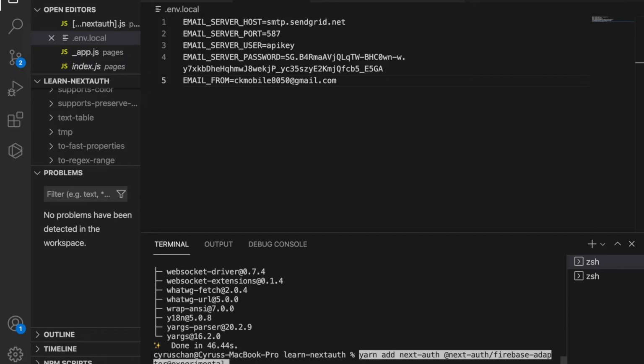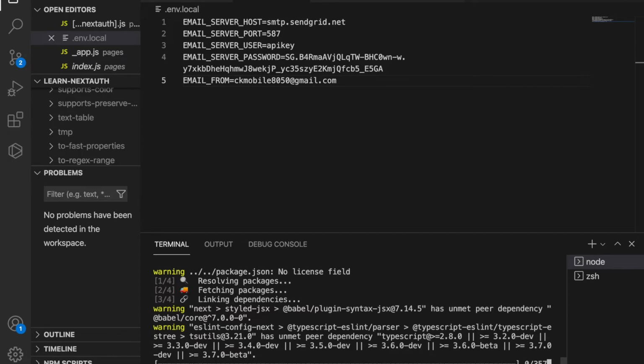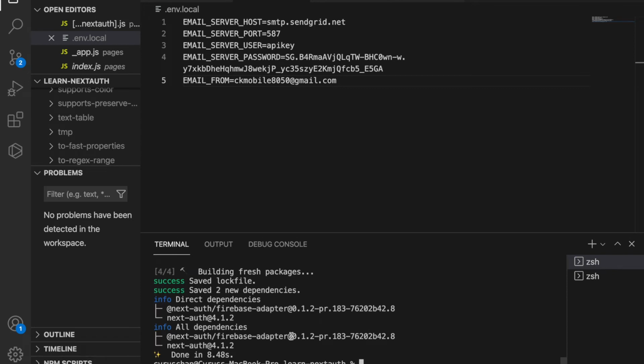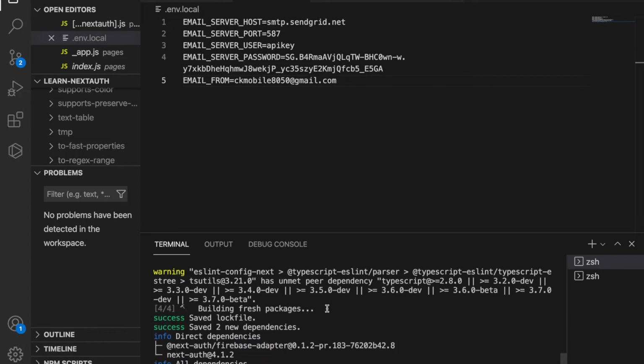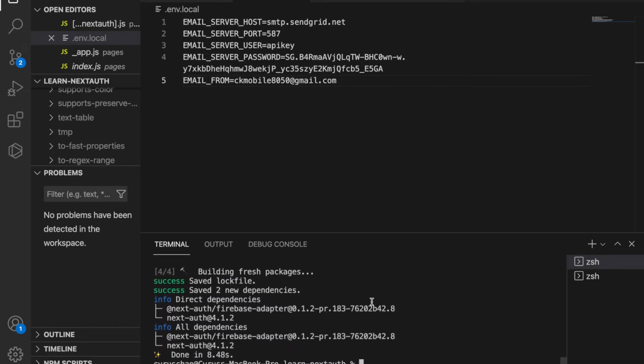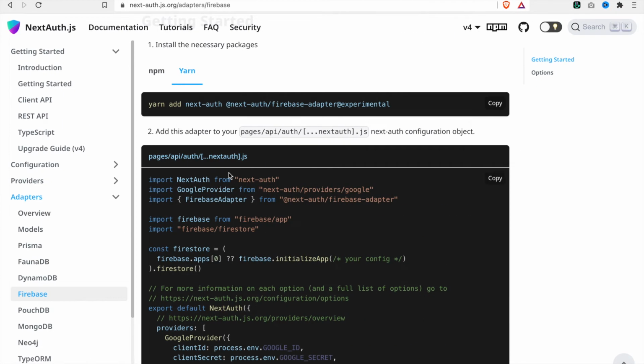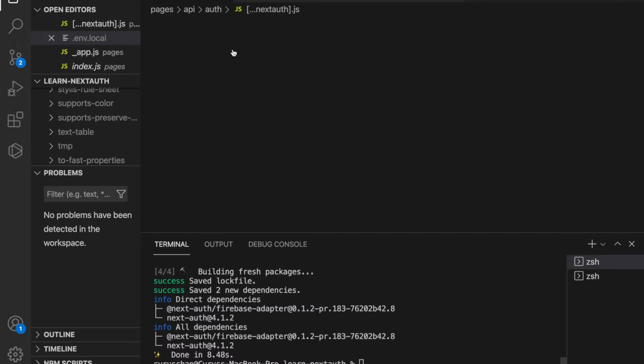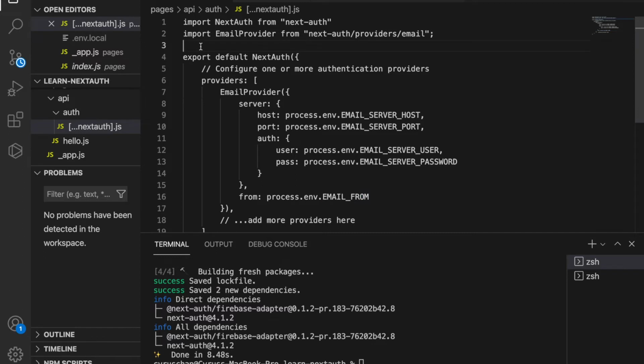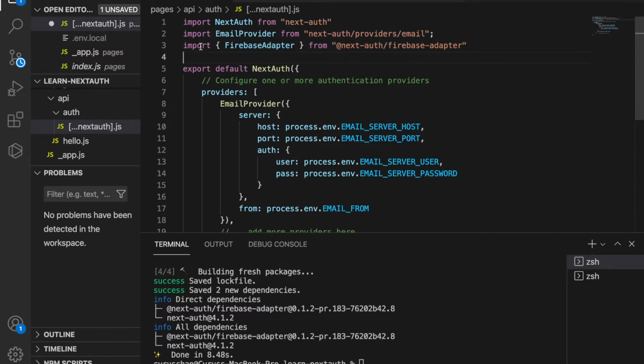And you can see this is experimental. So after we demonstrate how to use the adapter, we will better use MongoDB again, because this is just experimental. And now we are going to import the Firebase Adapter. So we go back to the NextAuth, and then we paste here, and then we also import initializeApp, getApp, and also getApps from